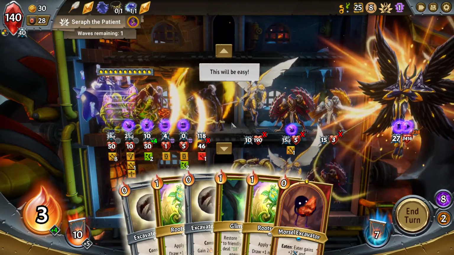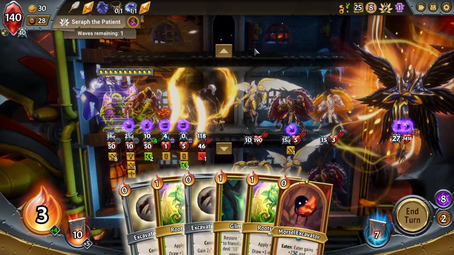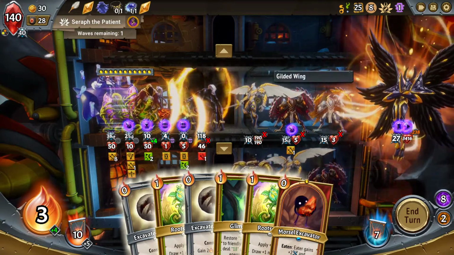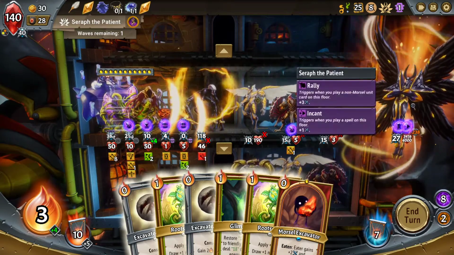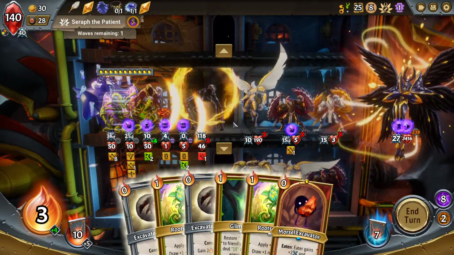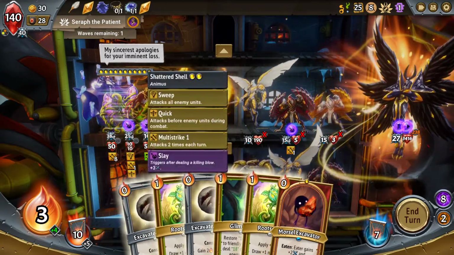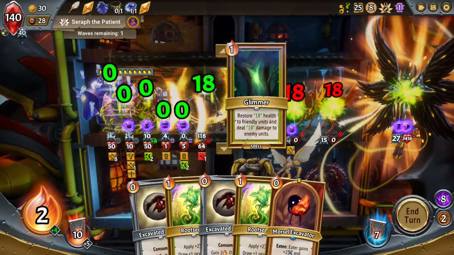How much of an issue is that? So you take 20, 47. So a glimmer does save you. Does it not? It sucks to take slays away from Shattered Shell, but...